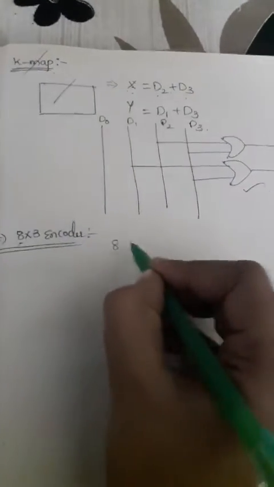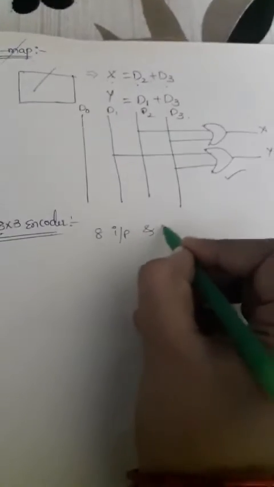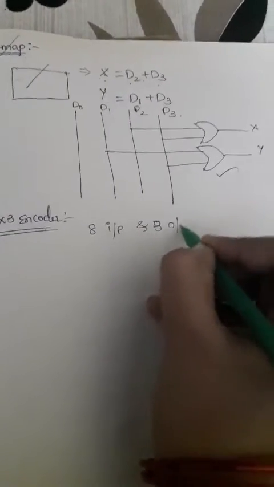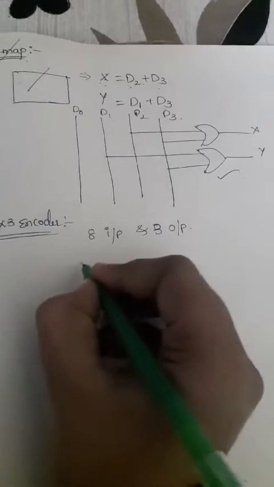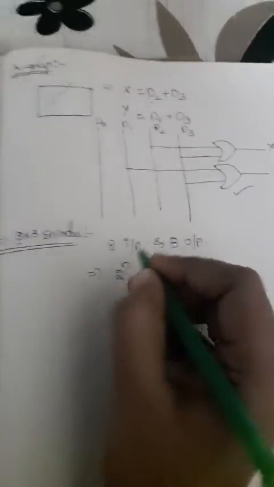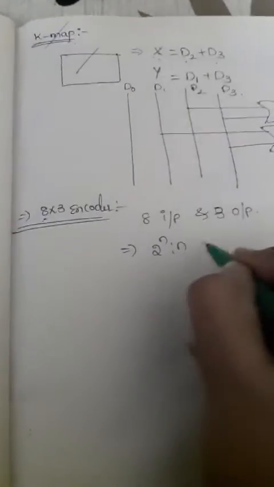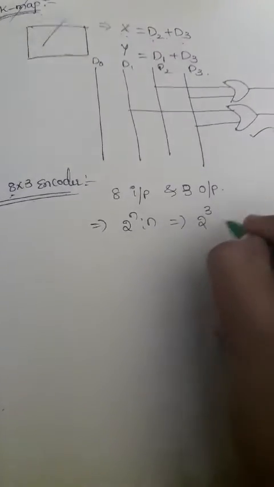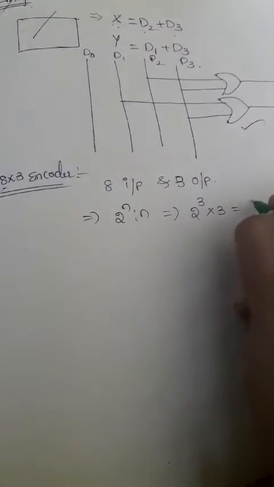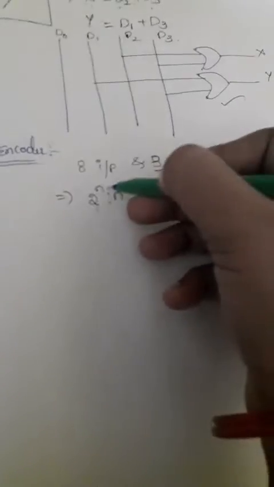Okay, so the 8/3 encoder is nothing but one in which we are having 8 input lines and 3 output lines. So how are we getting these 8 input lines? What is the formula for the input lines? 2 power n. The output lines formula is n. So 2 power n to n, right? So here I am writing. How will we get the 8? In 2 power n, I can choose it as 2 cube into 3. Then we'll get 8 into 3 encoder. So directly we can say that here the n value will be 3. So 2 power 3 into 3. So that is nothing but 8/3 encoder.